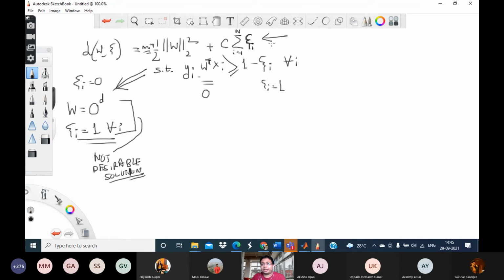I am not saying that this is the ideal situation. Say, for example, consider two cases. In one case the xi values are as follows: 1, 1, 1, 1, 1. For all the 5 data points, the xi takes value 1. In the other case, it's 0, 0, 0, 0, 8. Now between these two cases, which do you think is better for us? This case or this case?